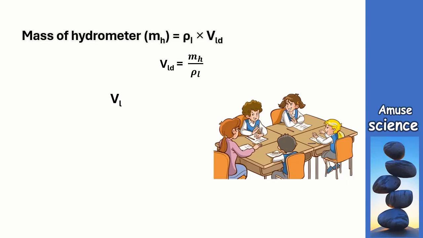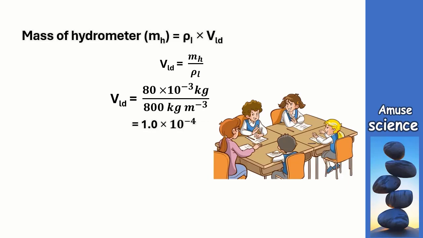And when we substitute in the figures, we are going to get 80 times 10 exponent minus 3 kilograms divided by 800 kilograms per cubic meters. And this is going to give us 1.0 times 10 exponent minus 4 cubic meters. So it means that the volume of the hydrometer below the liquid surface is 1.0 times 10 exponent minus 4